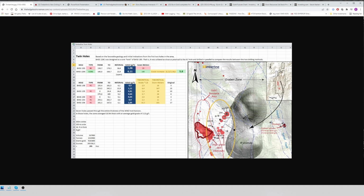And obviously that also hikes up the potential, because now we know you can get a 22.9 meter intercept of 6.11 grams, which is going to get better. So now there's potential for these very thick high grade intercepts as well. It's a highlight hole in itself, which says a lot about the potential quality of the Water Well zone. It also says that a lot of drilling might have been understated, and that also means that everything